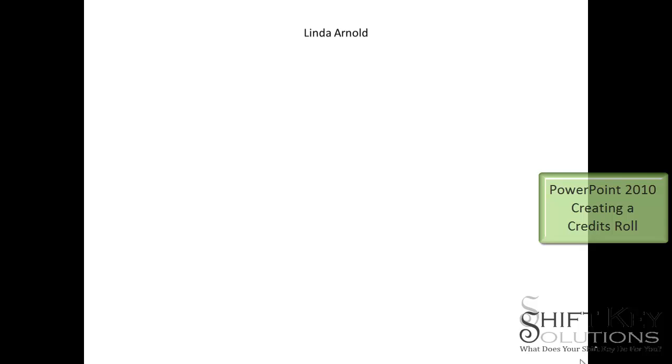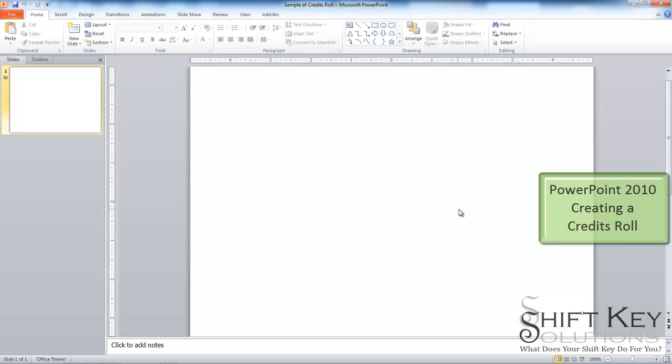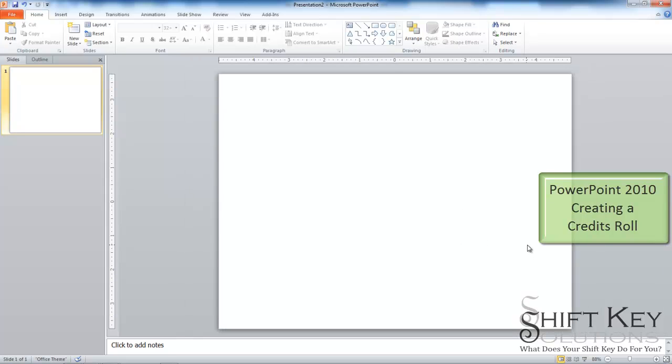Okay, so let's get back to our main slide here, and let's talk about how this was created. Here we are on a fresh PowerPoint slide, clean and unedited so far. The way I created this was I imported an existing list that had been created previously. So the way I do that is I'm going to go to my existing list, which happens to be in Microsoft Word,